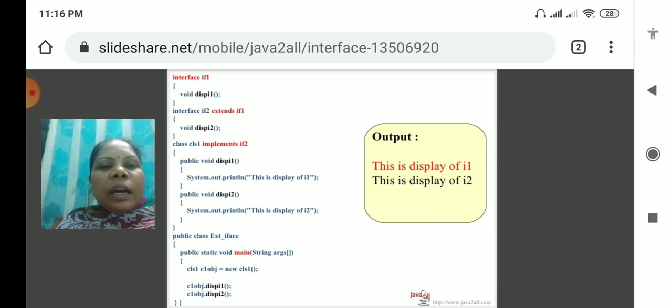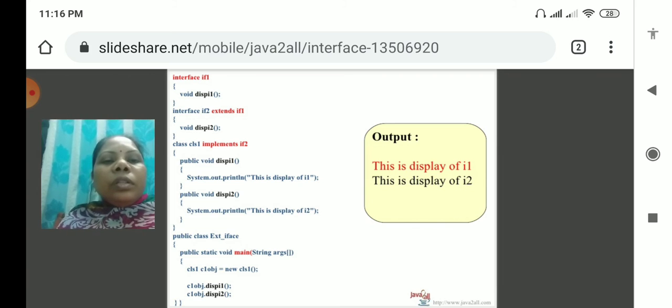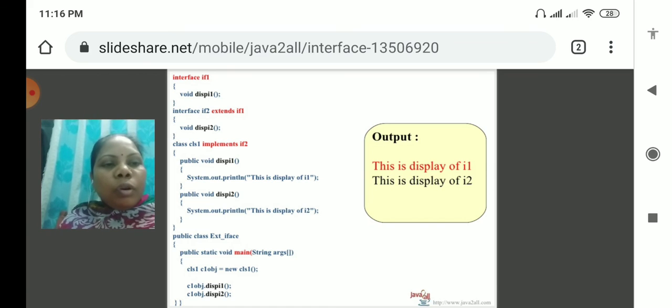Here I am using single inheritance with interfaces: the first interface has the display1 method, the second interface has the display2 method. Display1 is already extended into the interface 2 block. So that's why we implement the class for interface 2 only, and cannot take interface 1, because this is the extending interface.